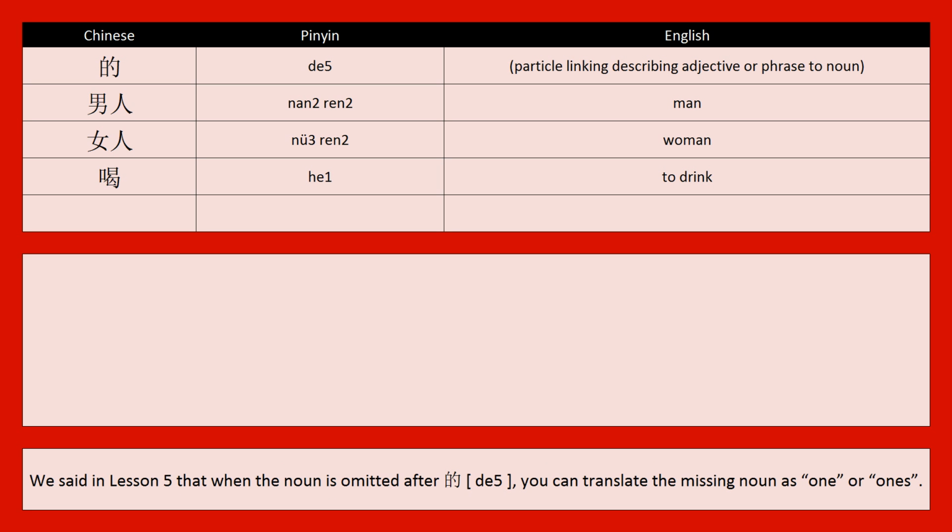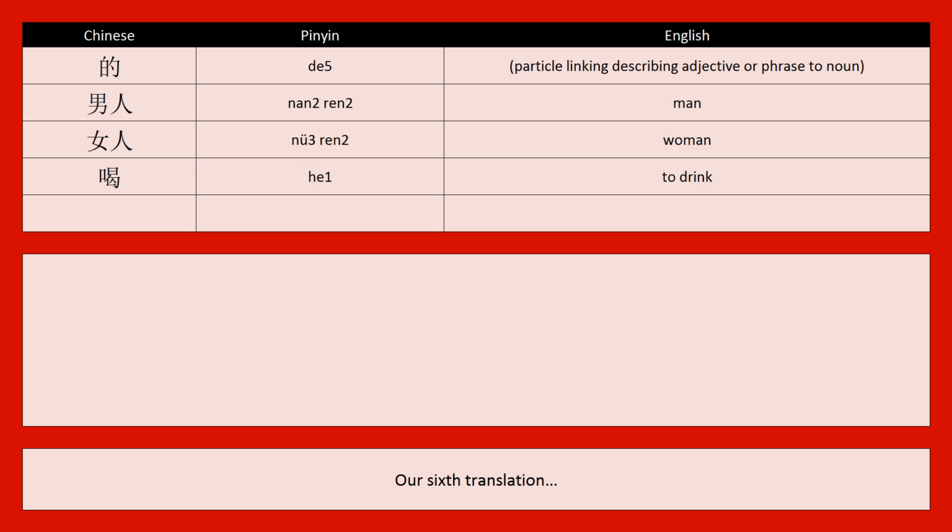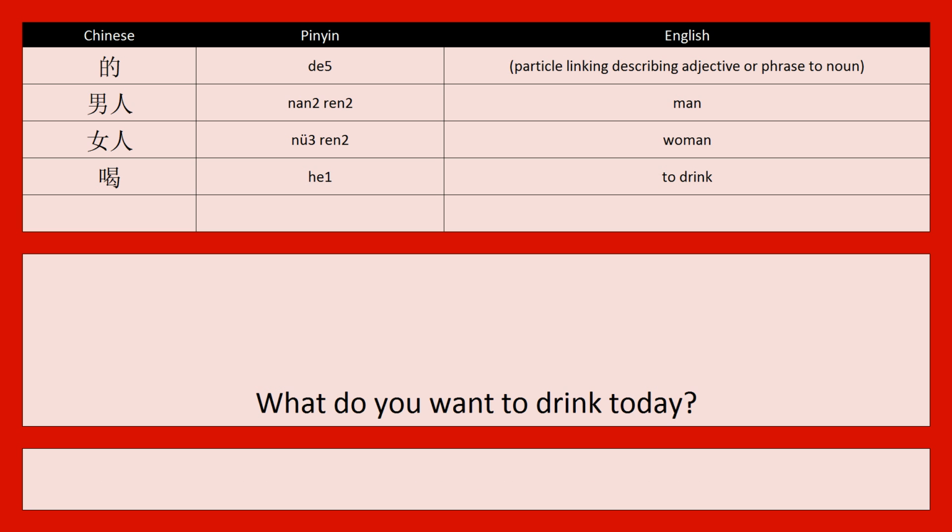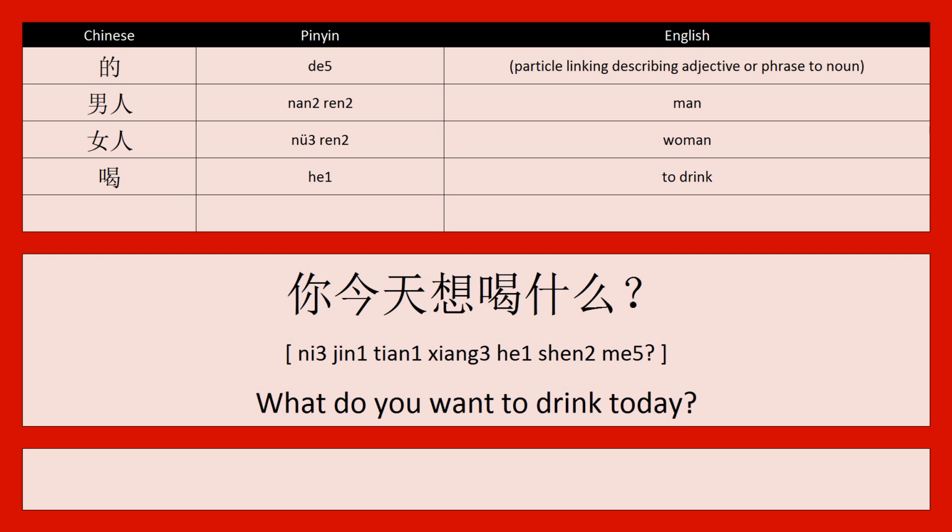We said in lesson 5 that when the noun is omitted after the 的, you can translate the missing noun as one or ones. Our 6th translation. What do you want to drink today? 你今天想喝什么？